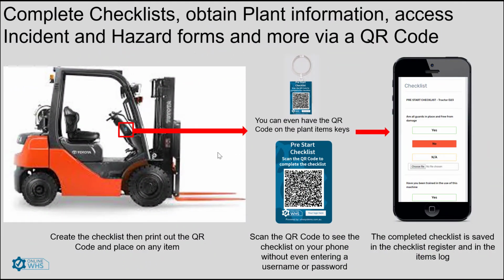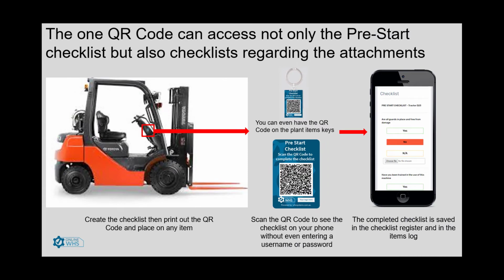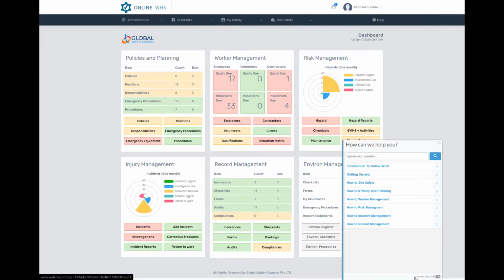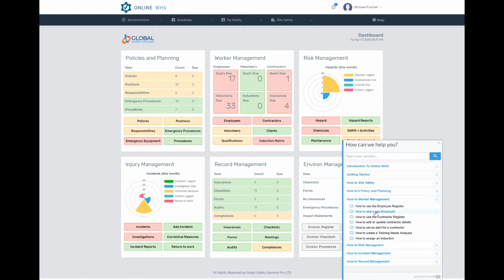Imagine scanning a QR code on your machinery and being taken directly to the pre-start safety checklist on your mobile phone. And once completed, the system automatically saves the completed checklist in your system's log to show compliance. Now that's easy. The Online WHS system helps make employers' duty of care with work health and safety obligations a